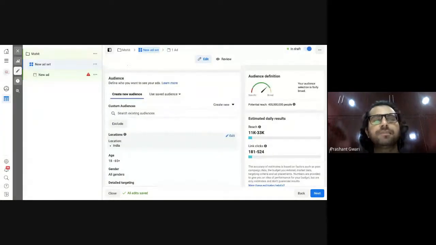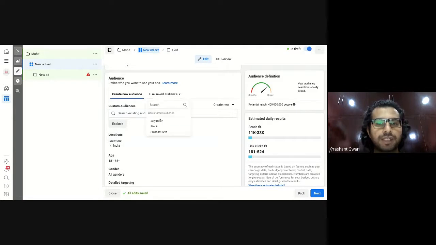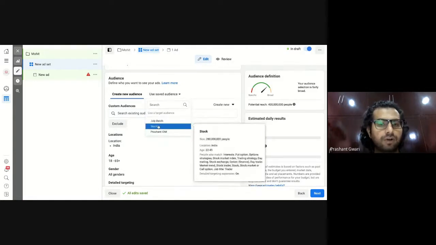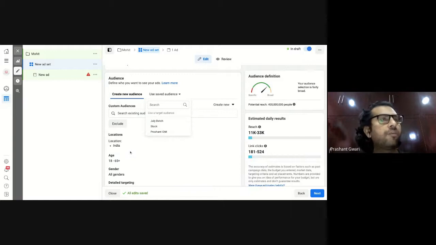In the audience section, I will target audiences on the basis of their gender, location, age, and interest. Now to target audiences, you have two options. One option, which I taught you earlier, is to go to the audience option, create saved audiences, and choose the saved audiences by clicking here on this option. So these are the audiences available already, which we already created. If you have not created audiences earlier, no need to worry, you can create audiences from here again.